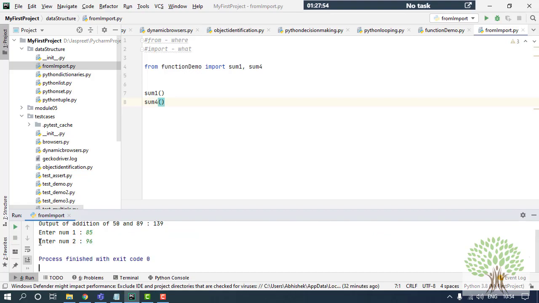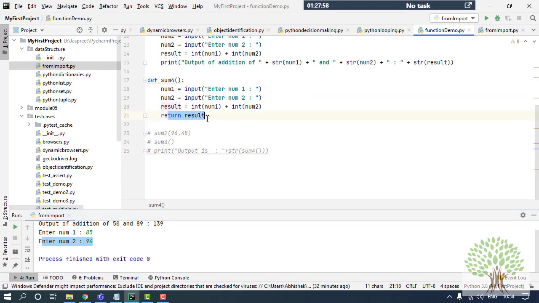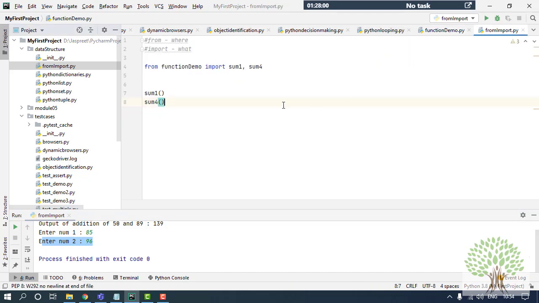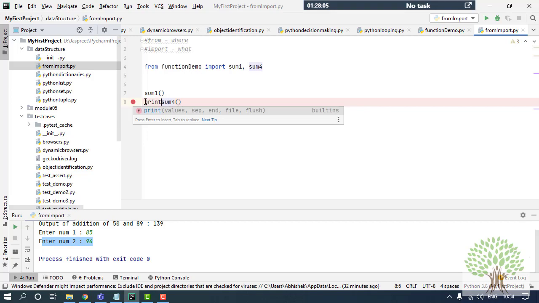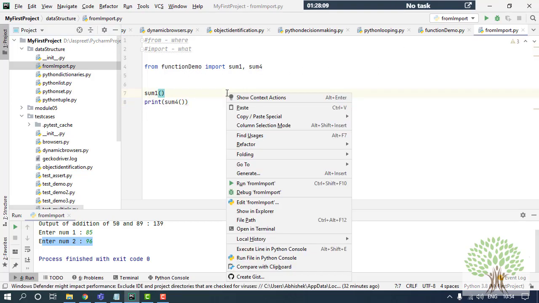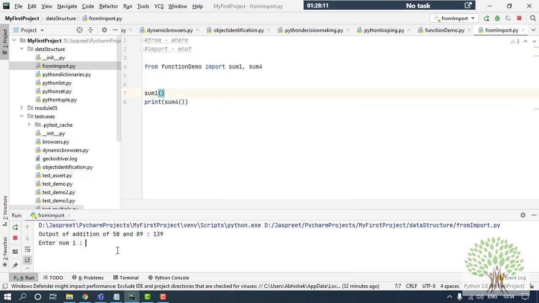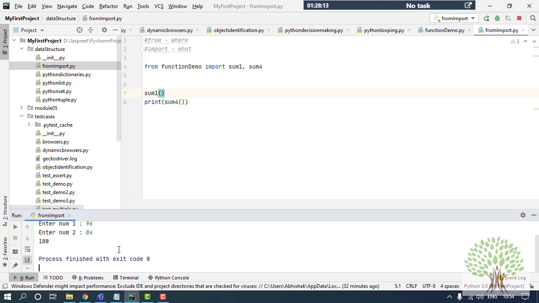So this is what I get. Now again that function was taking the result back. It was returning it. Right. So I have to get it printed. So I'll say print this. Okay. So I have to run it again to display the output. This is what I get as output.